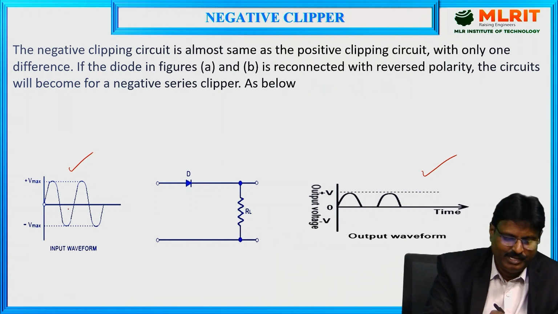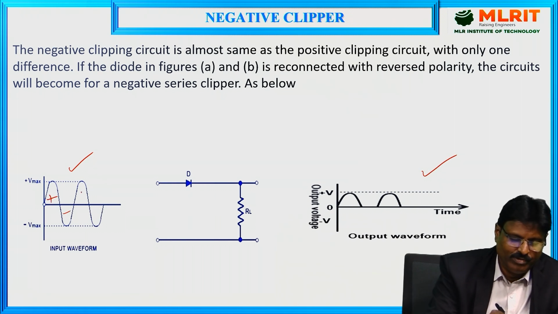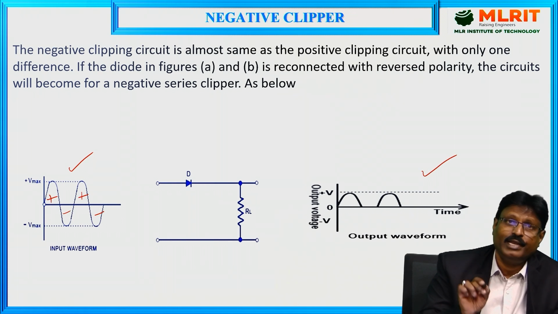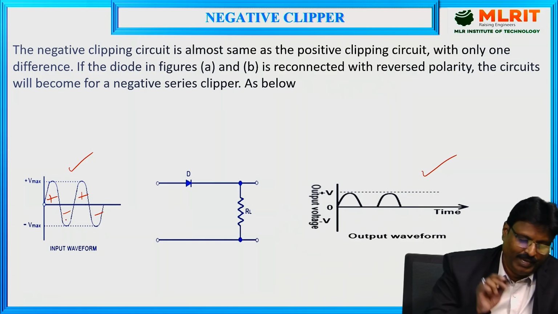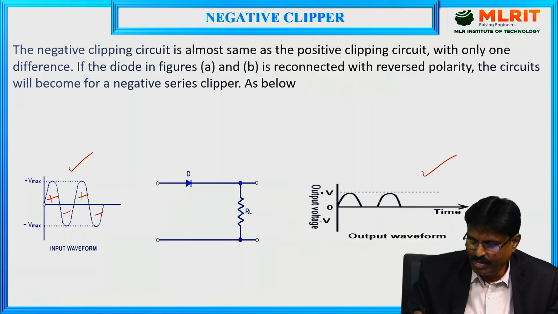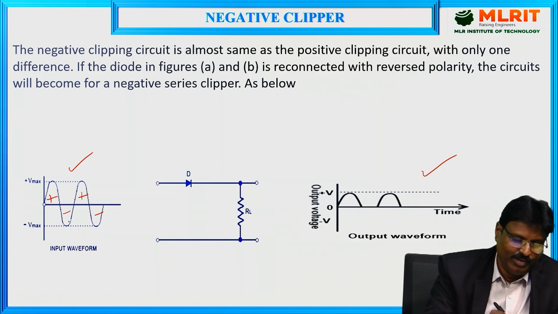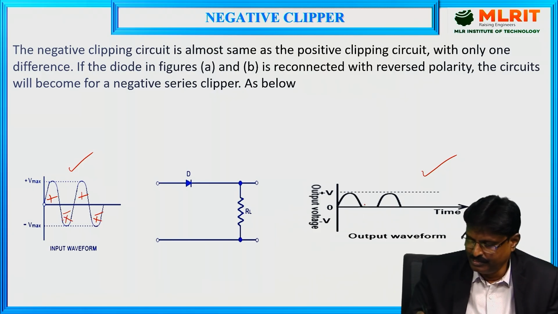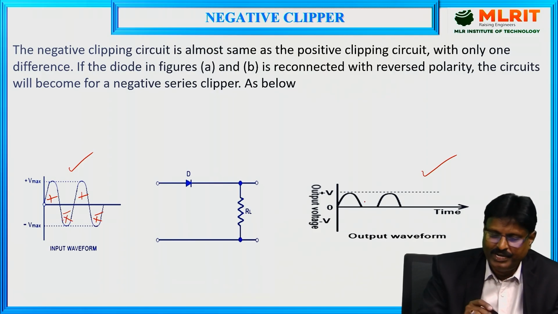As you can see, this is a positive half cycle, negative half cycle, positive half cycle, negative half cycle, positive peak, negative peak. So the negative half cycle, the negative peaks will be removed here. This will be removed and this will be removed. As you can see here, this is the output signal. So how it happens, let us see by